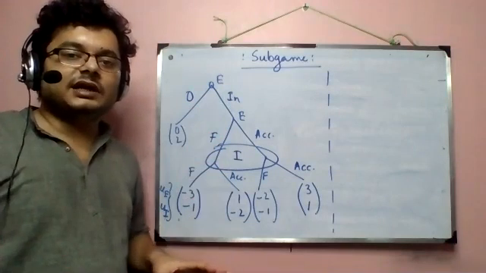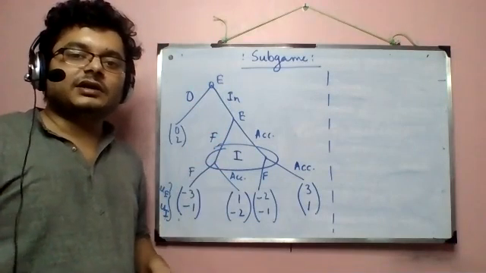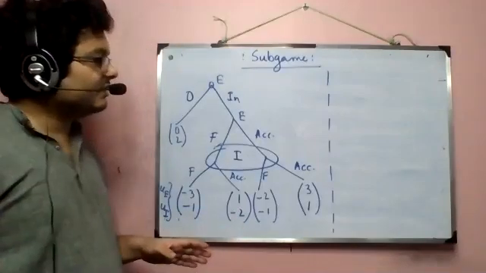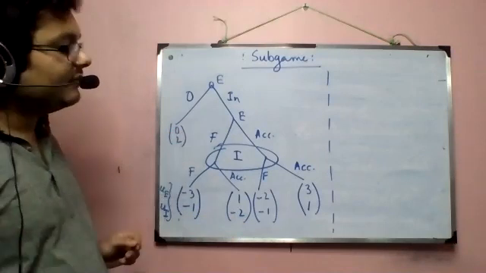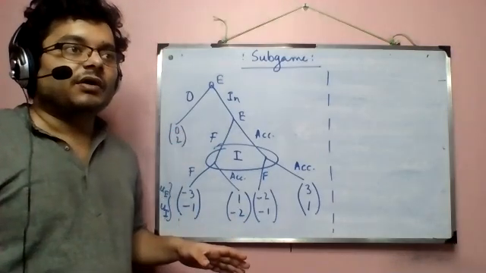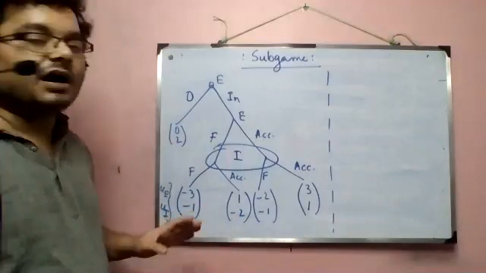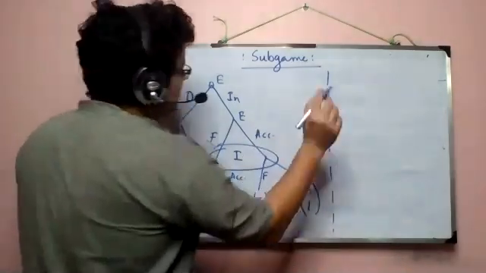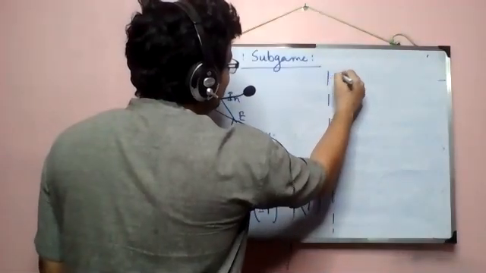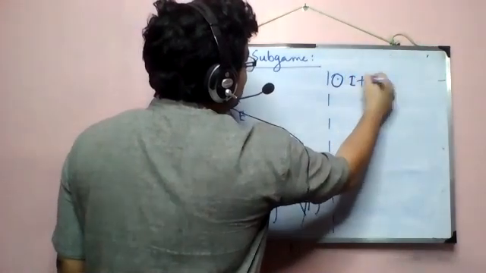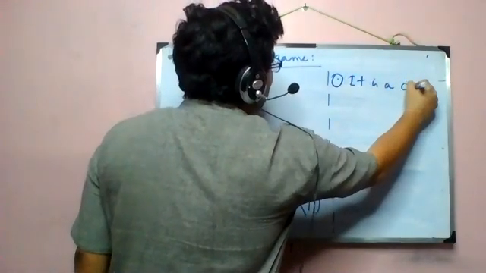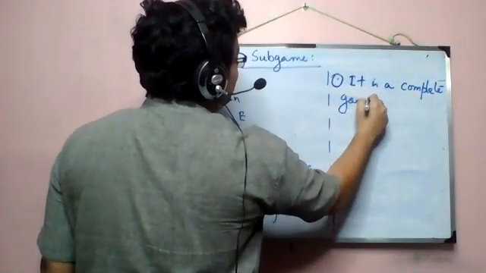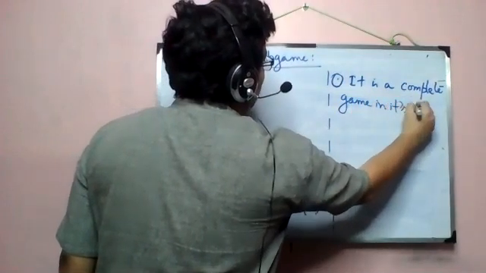And as I always said, given a definition, it is very important that you learn what it restricts. That is, first we will look into the subgames that are here, and then we will look into which partitions of this game are not a subgame. So in a sense, understanding a subgame is very easy. Why? Because it is a complete game in its own right.